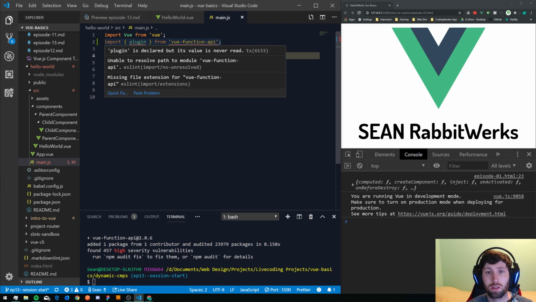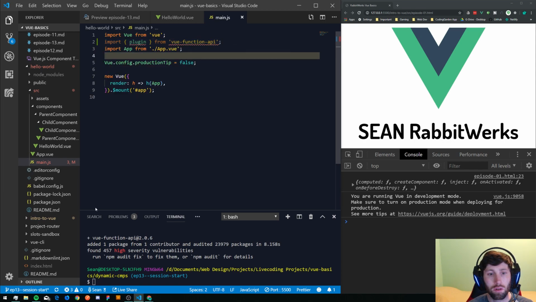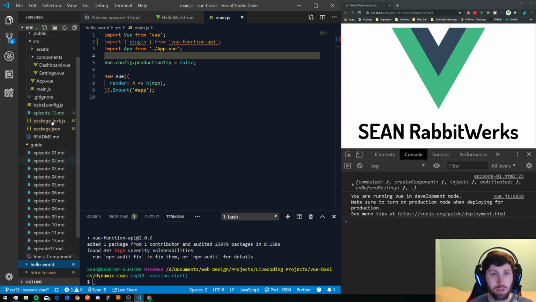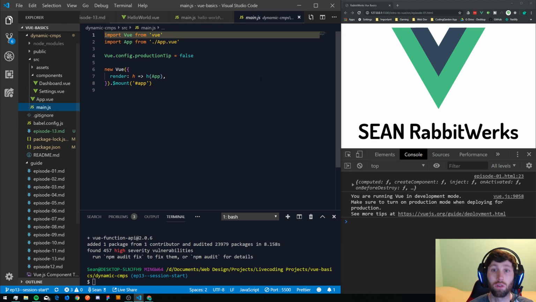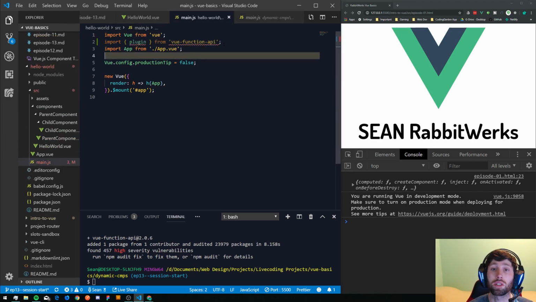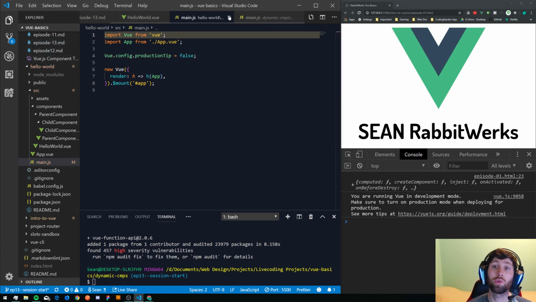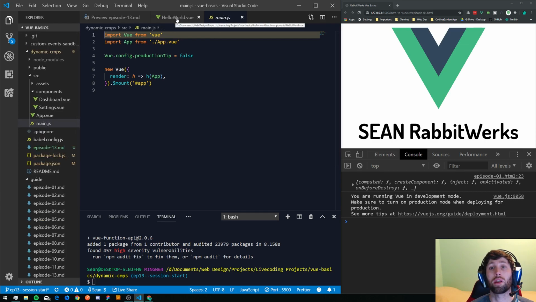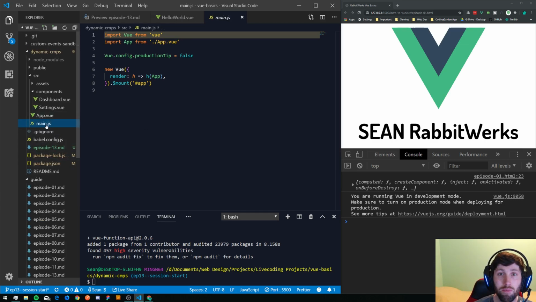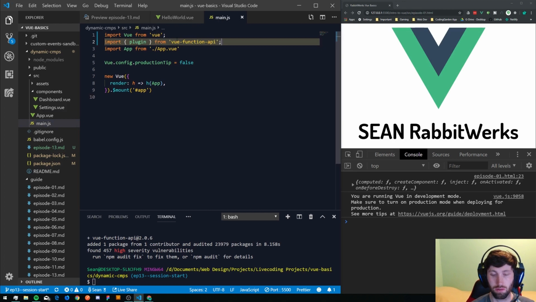Oh, I wonder if it's... I just keep opening that. Stop. Is that the wrong main JS? Oh, it is the wrong main JS. No wonder why it's not working. Jeez. Okay. So, make sure we're in the right folder structure here, people. Come on now. All right, so inside of the main.js file inside of the dynamic components project, we can